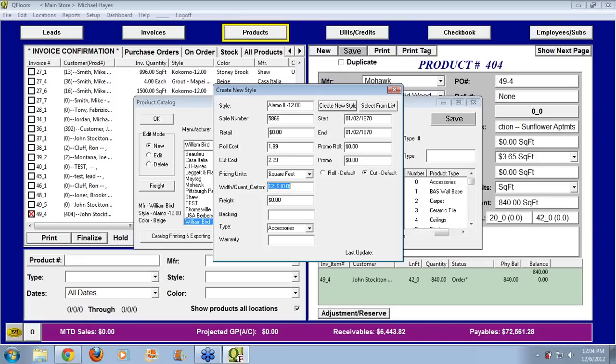Unit of measurement, what's the width? Remember, if it's square feet per carton for hard surface, we probably want that up in here as part of the name as well. But it's extremely important and extremely helpful if you'll put that in down here. Some freight cost, estimated freight cost per unit, the backing code, what type of material is it, and then create